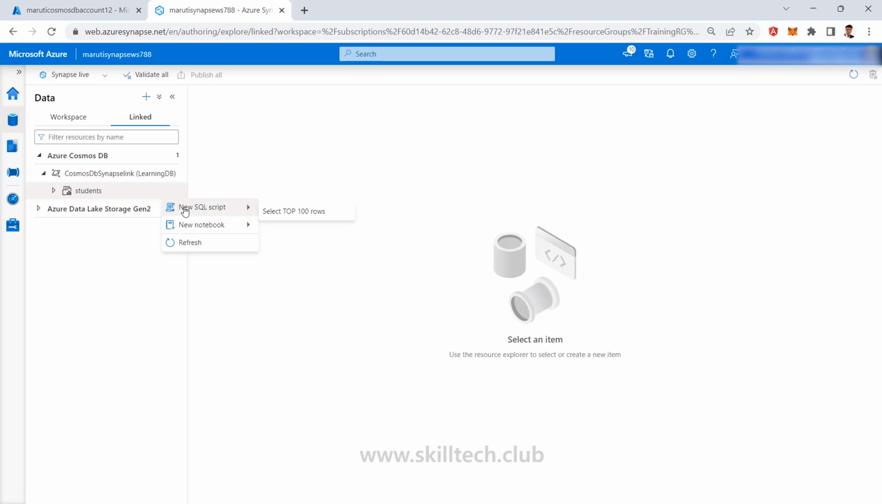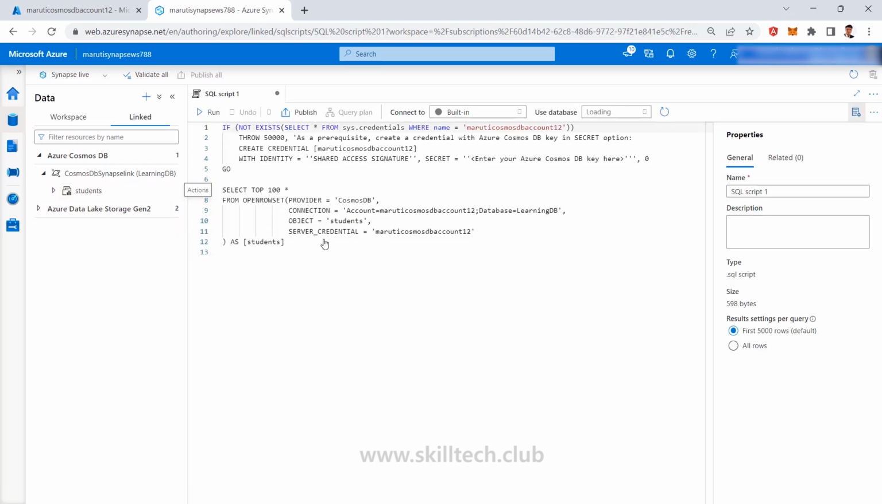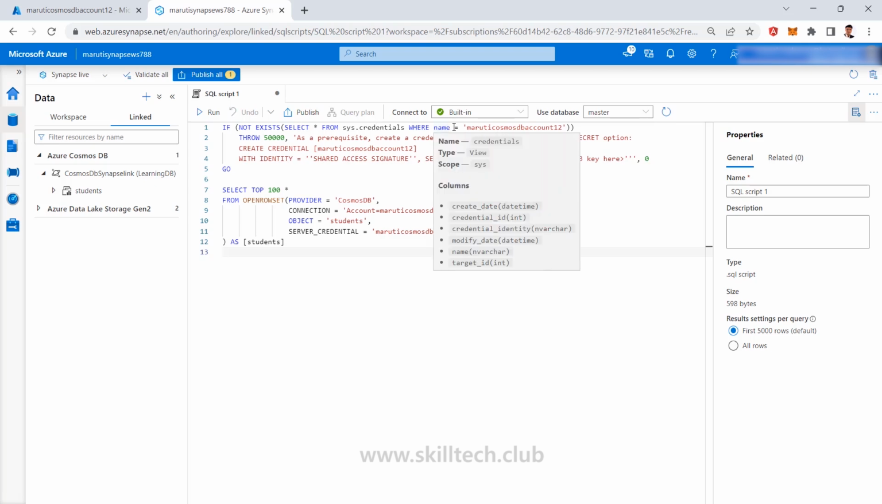I can just click on new SQL script. I can try to select the top 100 rows. It's going to generate some query which will not work directly, but I need to provide some configuration here. So I got this query generated, where on the first line they are trying to look for some credentials. Obviously, everything is going to be a secure communication between Synapse Link and Cosmos DB. So I have to specify some